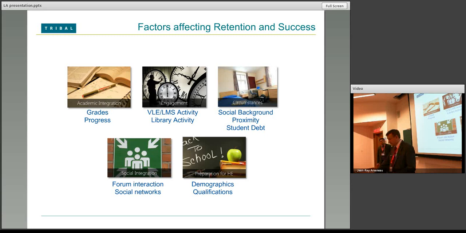The sort of information that we would use would be the grades and the progression information from potentially the student system, maybe the activity to the library system, the LMS, but also look at the information with regard to the student with their social background, but also maybe how far they live from the campus. Cross-referencing that to the activity on the VLE, we would normally expect those that are away from campus may use the VLE a lot more. We would also look at social network interactions and the millions of transactions that are available there. And then maybe on the application side, pull in demographics. You may well find that historical information shows students from certain schools will do better in certain courses. So again, we pull together that information.